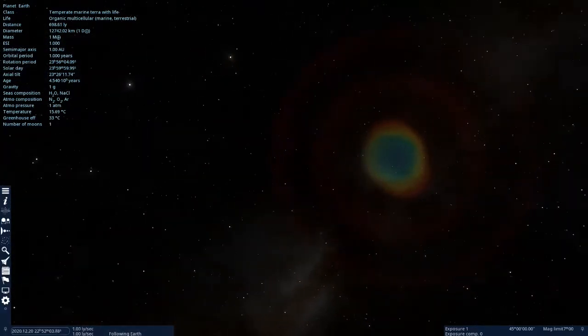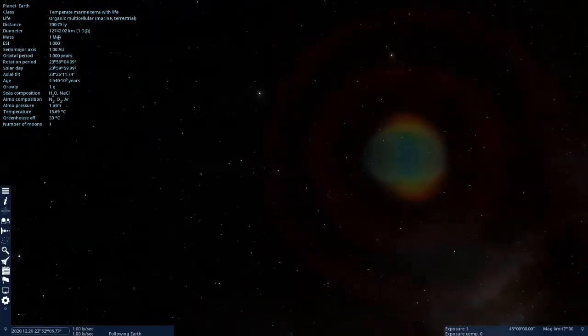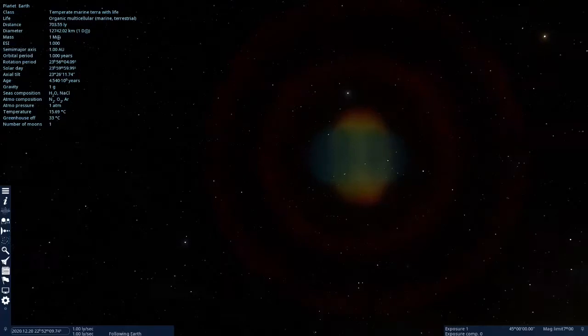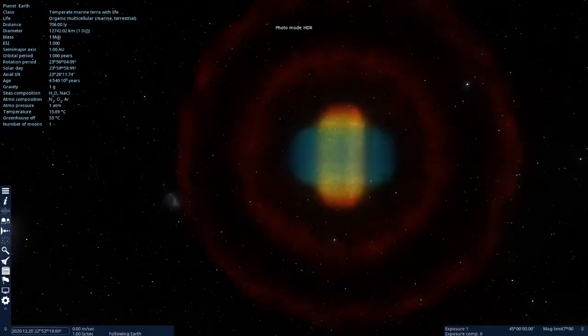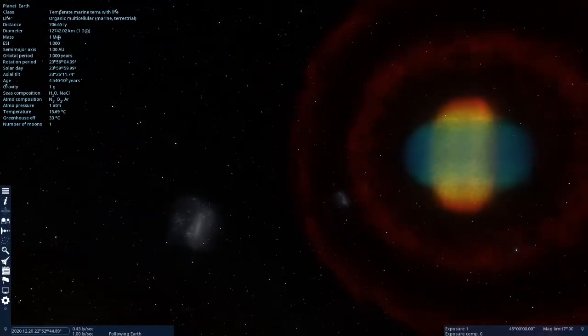The Ring Nebula is a favorite telescope target, and it's a pretty good representation of it. But of course, with the telescope, you can't do this. You can't look at it from the side direction, where we see that it is actually kind of a fattened ring. Go back to high dynamic range mode, and we can see the band of bright hydrogen gas around the center, what they call a football-shaped cloud of oxygen emitting gas in the middle, and then the dimmer outer shells of hydrogen from earlier expulsions around it. And then there's the Small Magellanic Cloud again in the background. That keeps popping up. And there's the Large Magellanic Cloud.